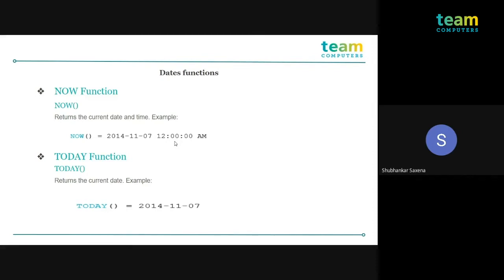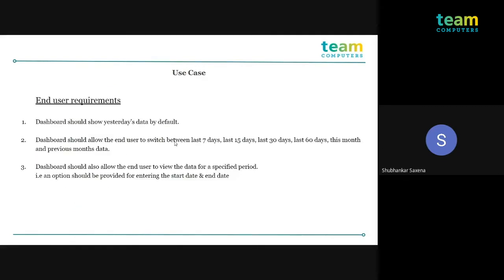So that's the only difference between now and today. Now will include time along with the day, but the today function only returns the date part. We will see how we can use this function in our development.